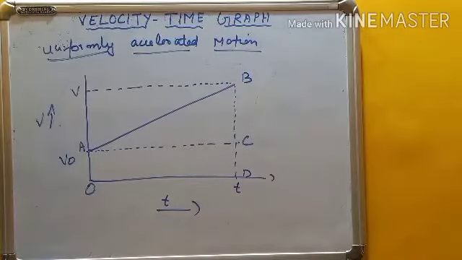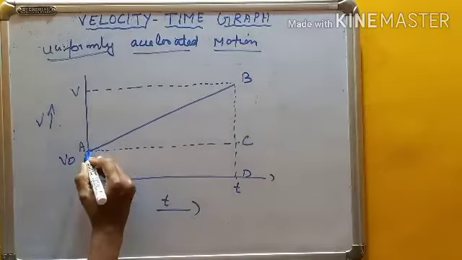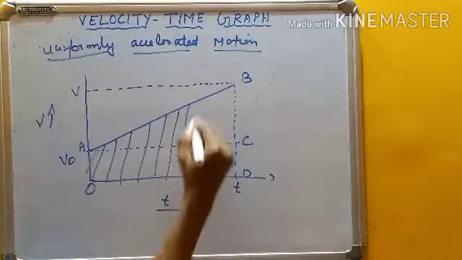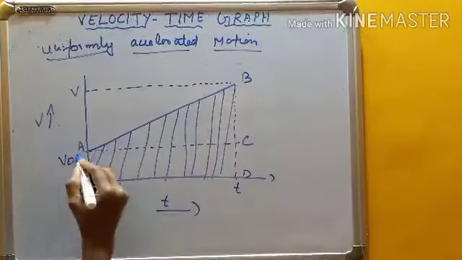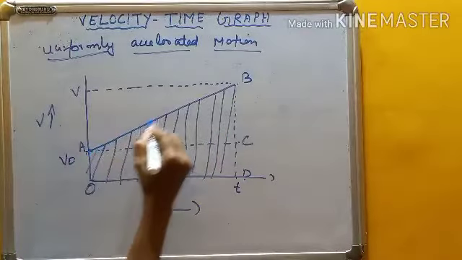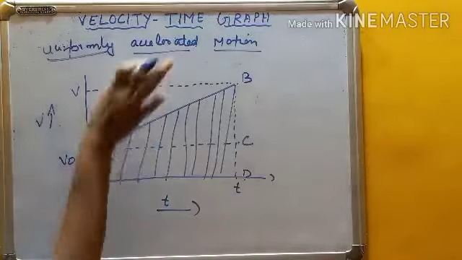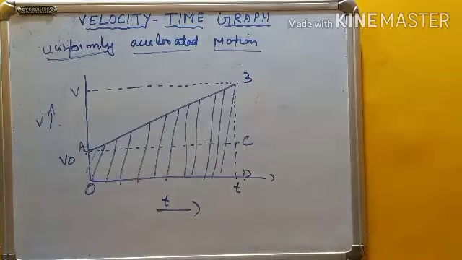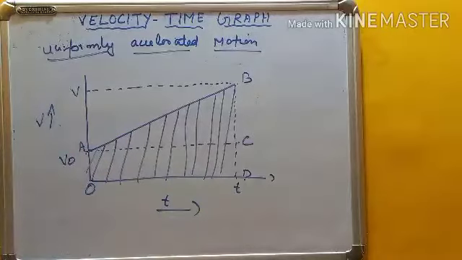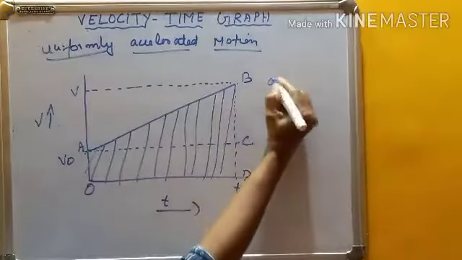Now we are going to find the area under this graph. The graph is AB. So the area under the graph means this much portion. See that, children? Which figure is it? ABDOA. This is a trapezium. All of you know that, and you know the formula to find the area of the trapezium. So the area of the trapezium OABD.